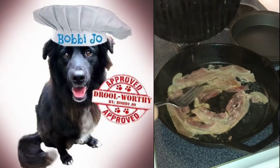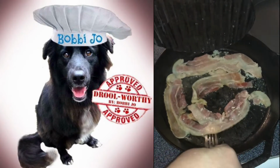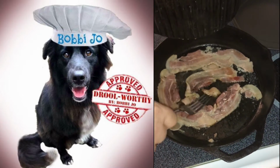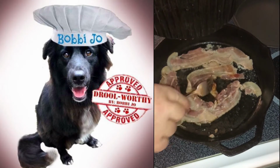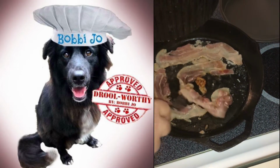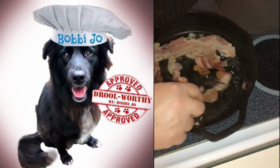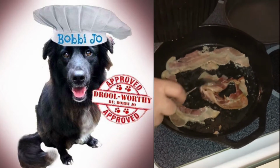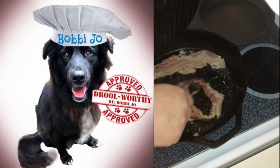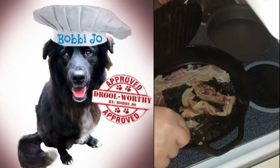The bacon is cooking up nicely. I flipped it once already, and that's the other reason I usually cook it on low heat, so it gives me a little more time to get together and check it. You also usually cut it. Yeah, I usually cut it in half. I forgot to do that because